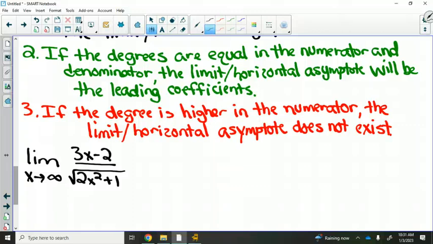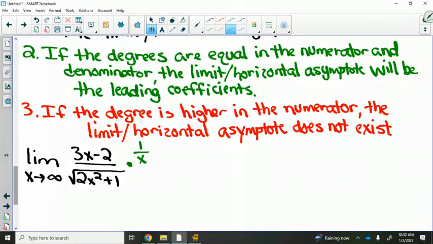Okay, in the numerator, what's our highest degree? 1. In the denominator, what's the highest degree? 1, because you're square rooting an x squared, so it's still 1. So the degrees match. So again, we could use our rules, but to show this, the numerator, I'm going to